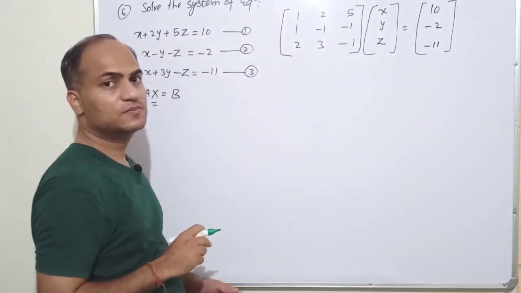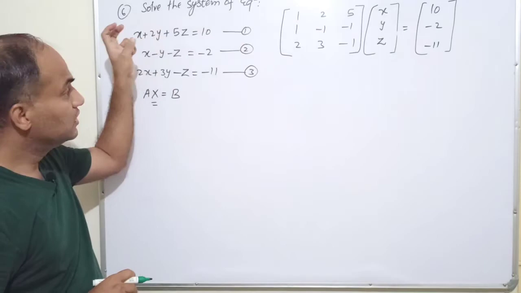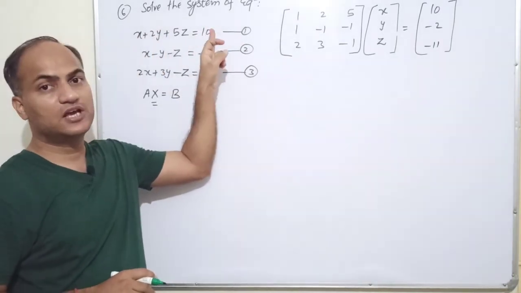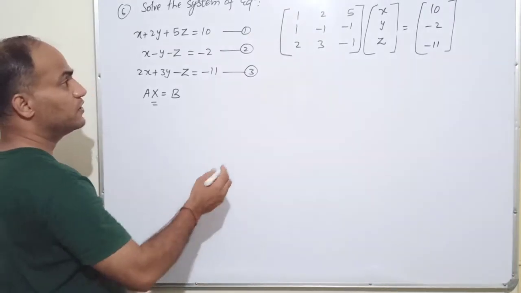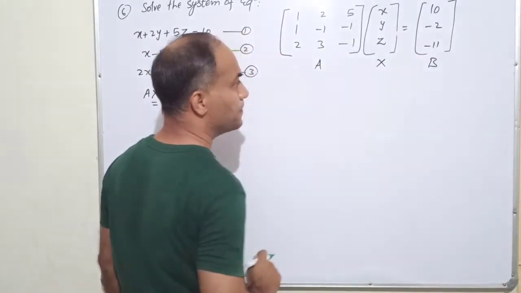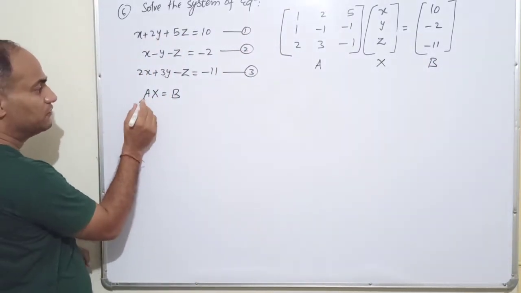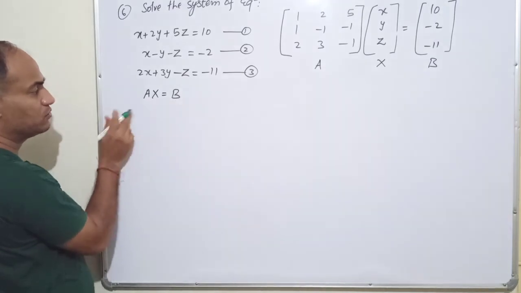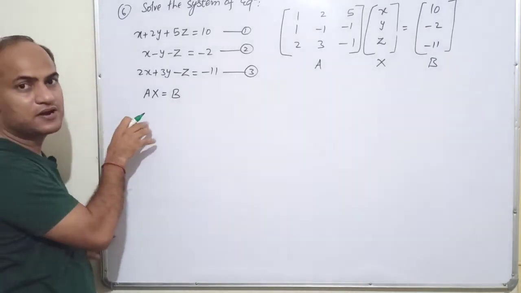So remember, sometimes these constants can be there in the LHS, then you have to convert them or shift them to the RHS, then only you write these values here. So now we have got A, X and B. So what is the procedure? Let me explain you in short. We multiply both the sides. Okay, so this is the representation of these equations in the matrix form.